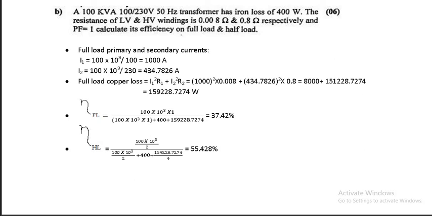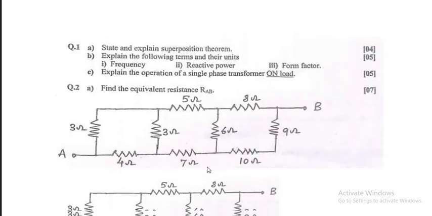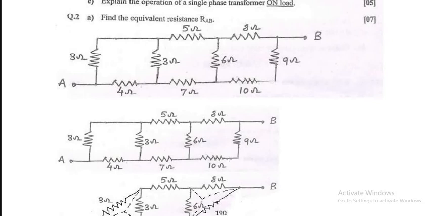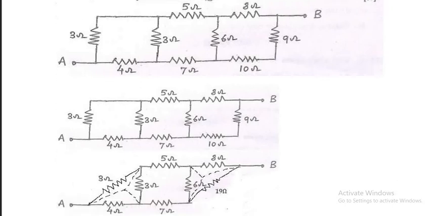Let us deal with another now. So the first problem over here is to find the equivalent resistance RAB. It is simply a star delta problem, but in any star delta problem when you start, you have to first check whether it can be simplified by simple series parallel. So you can see over here, if current is entering from here, it will be divided into 3 and 4. So you can redraw the diagram like this.